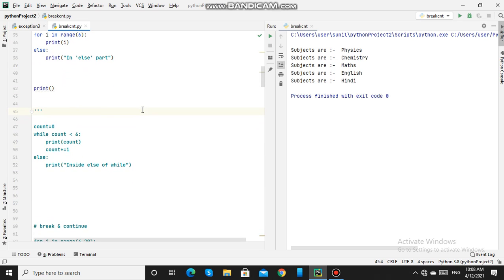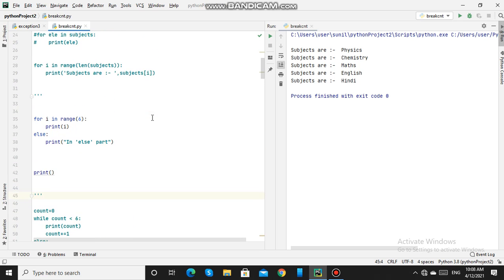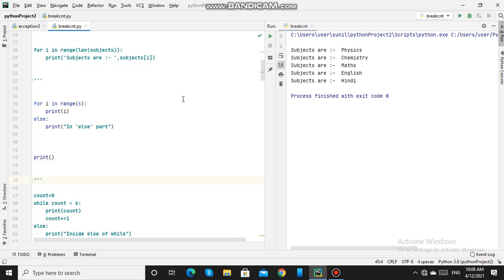Now we will see another example of the for loop. Here this for is having an else, which is unique to Python. In other languages we don't have this else for the for. So here in this for loop, for i in range 6 means i will start from 0 to 5.